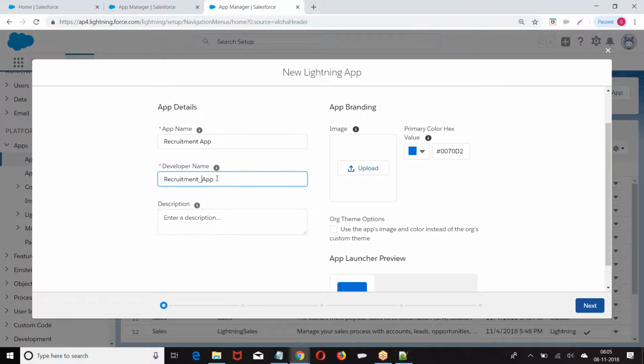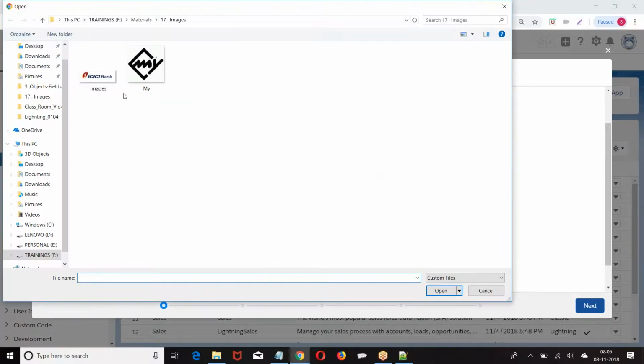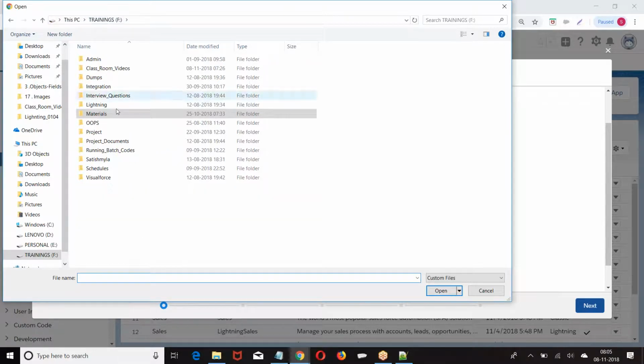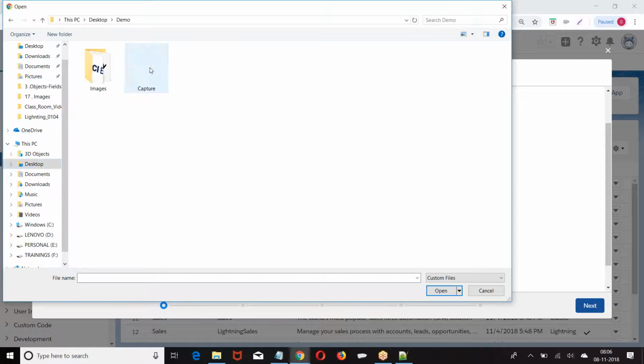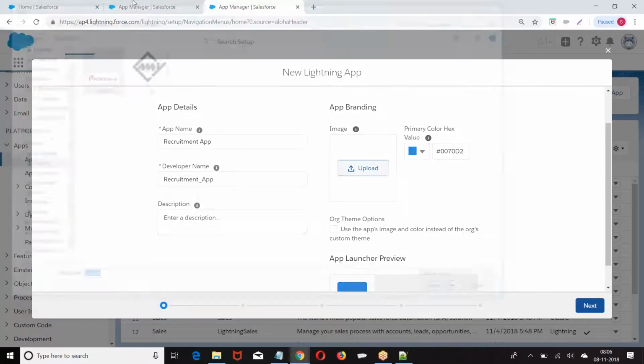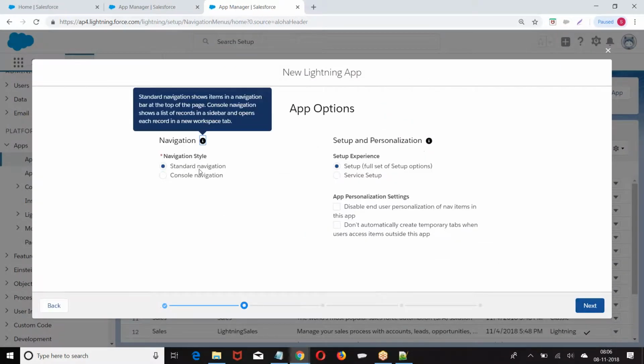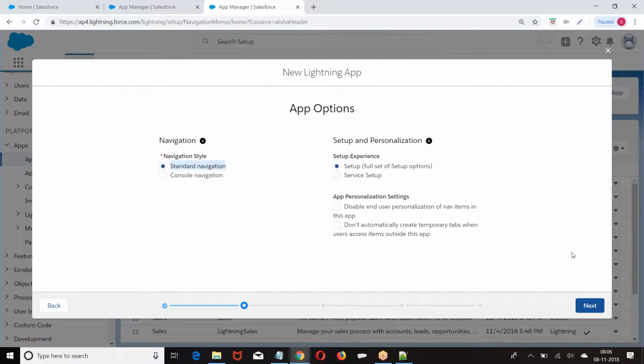Application name, developer name. Choose the logo. Some logo we can choose. Same logos are here. Okay. Choose the logo. Next, standard navigation.